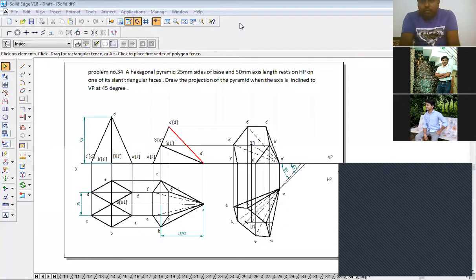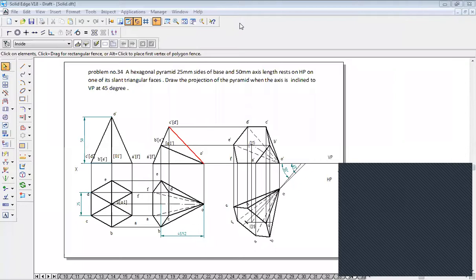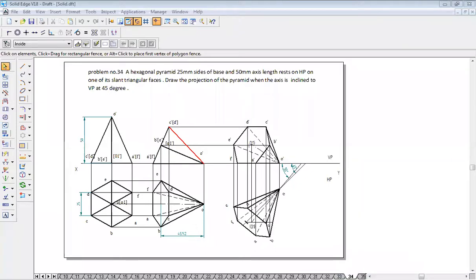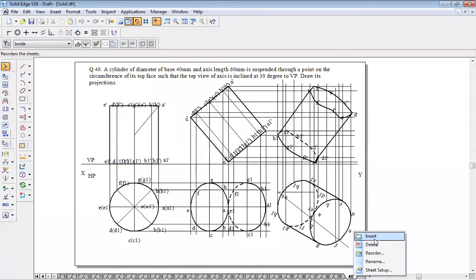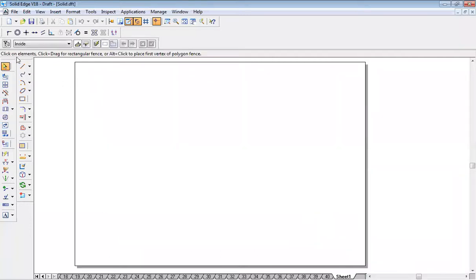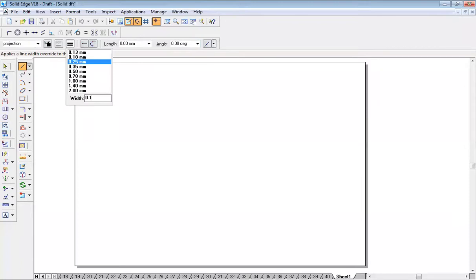I've tried to solve all the solids problems for you. I'm doing that. A little bit here and there, corrections are there. I'm checking them out and I'm finally doing it. So just wait for me. I'll share this document with you. Okay. So go to XY line, 0.15 thickness.